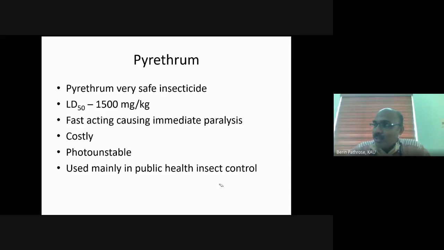One more problem the farmer faced was that once he mixed it with water, there was no smell for that spray fluid, and there was no color. Farmers were used to the emulsifiable formulation. Once we mix it with water, it will have some milky color and a very offensive odor. But there is no odor and no color with this flubendiamide. So the farmer was not at all convinced with the pesticide.